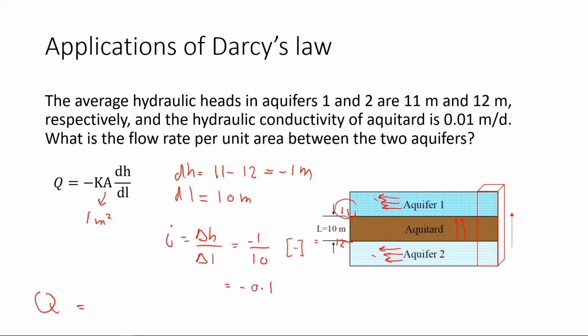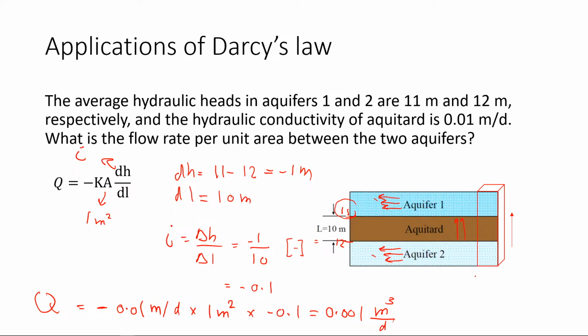So here I have negative K times the area times I. Let's write the unit, it's always good: K is 0.01 meter per day, times area, 1 meter squared, times I, which is negative 0.01. So if I did this, what will I get? I will get